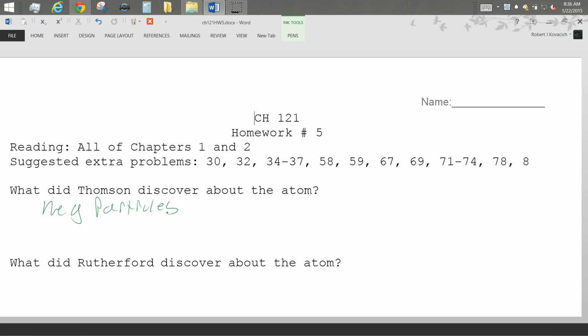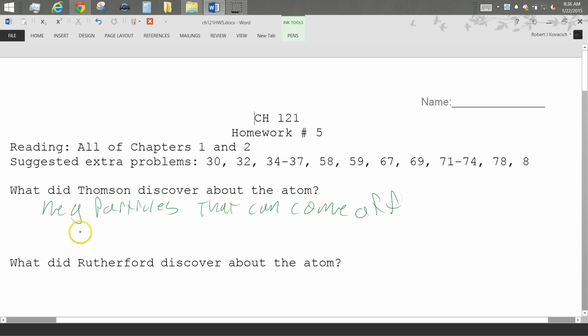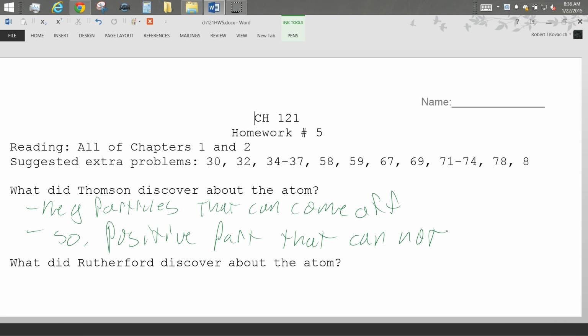No. But it's wrong. Negatively charged particles that can come off. So he found that there was a particle that could come off of the atom, and they decided to say that that was negatively charged, which meant that the rest of the atom couldn't come apart and that